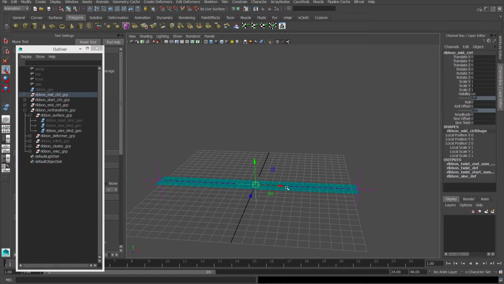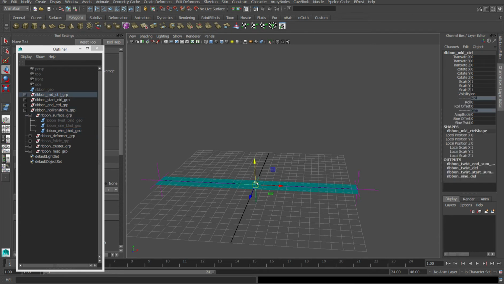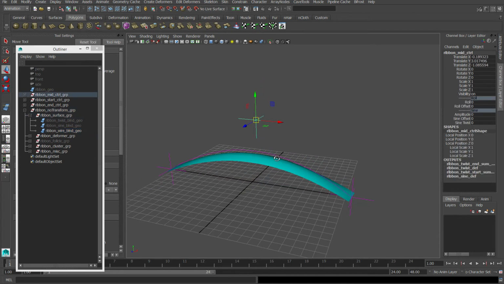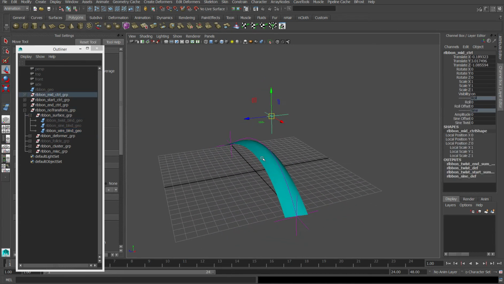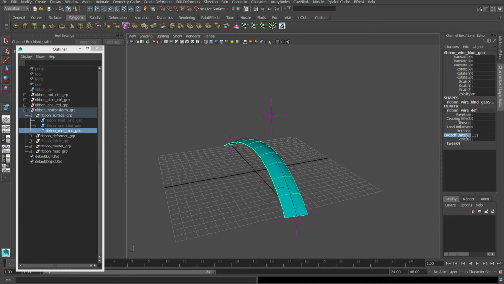So if I select the surface, you'll see that the new deformer has been applied. I'll rename this. When I move the controller, you can see that it kind of follows. To fix that bulge on the surface, you can just increase the drop-off distance in the deformer. I'll just set it to 10,